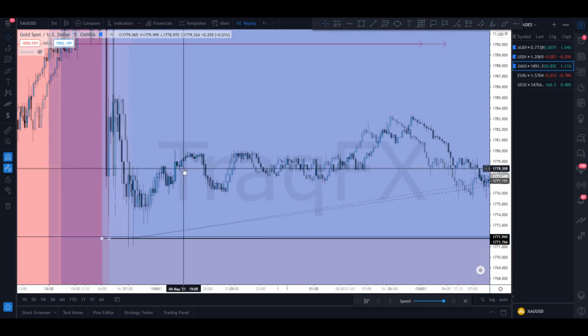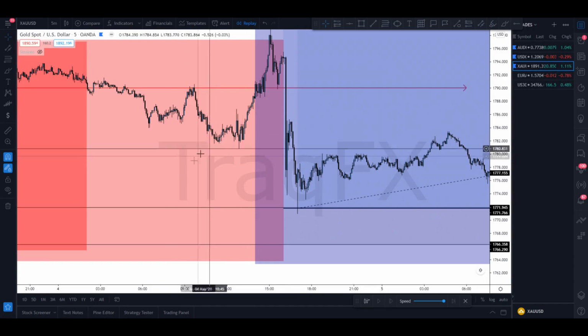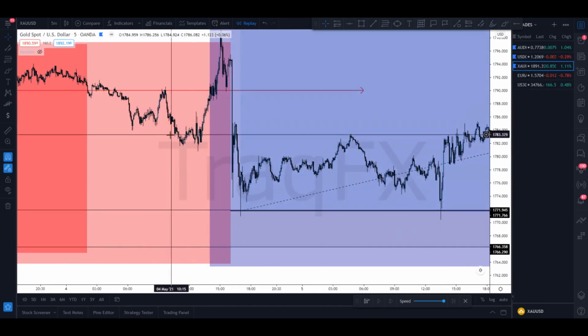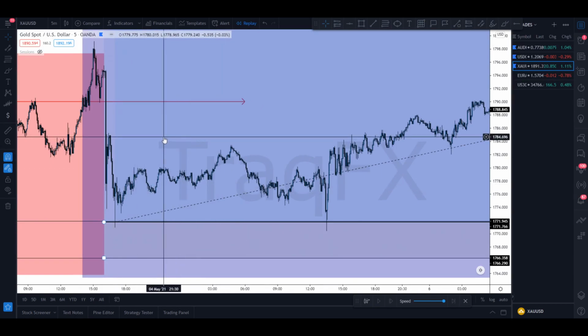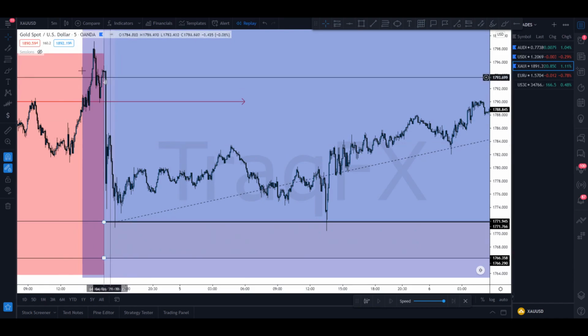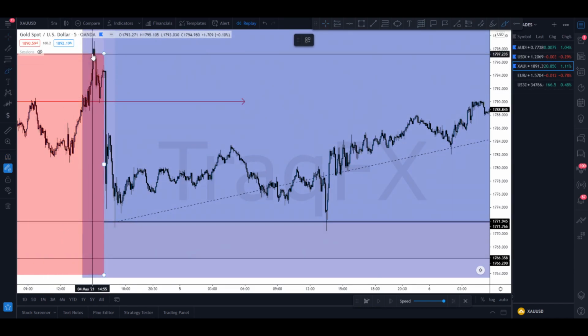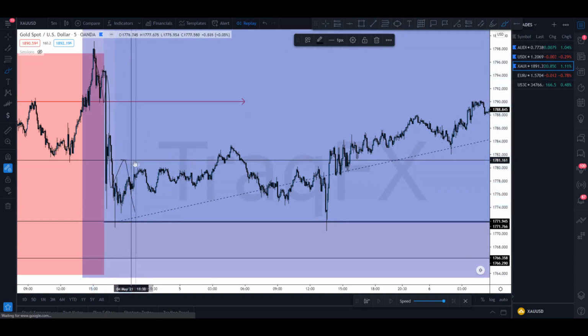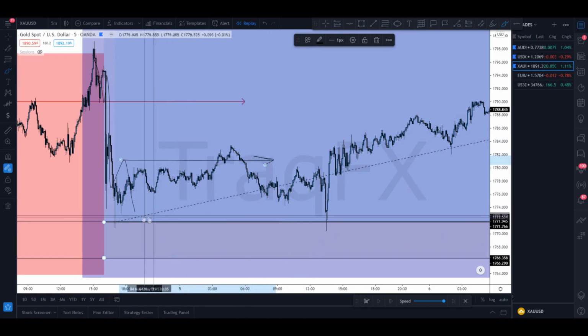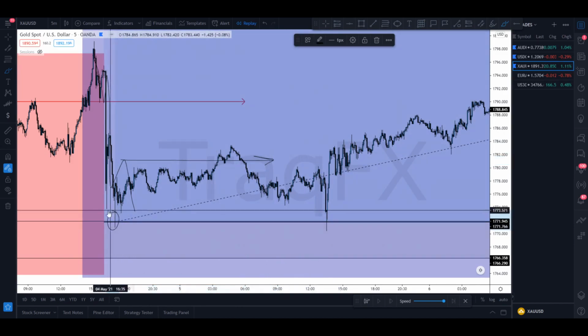So 5-minute time frame wise, what do we see? We do see that price is overall moving bearish, but what we needed to see was price action start moving bullish. So what we needed to see was obviously some structure break. Now I can't go to the 1 minute, I think TradingView won't let me, but on the 1 minute time frame there's a really clean lower high right over here. Now we ended up breaking past that lower high with this move right here. So at that point I said, bet, let me set a limit at my overall area of where price started